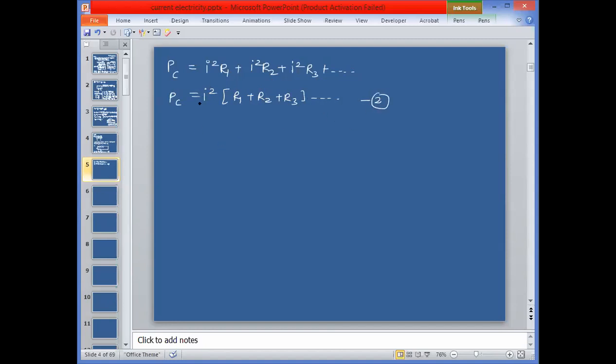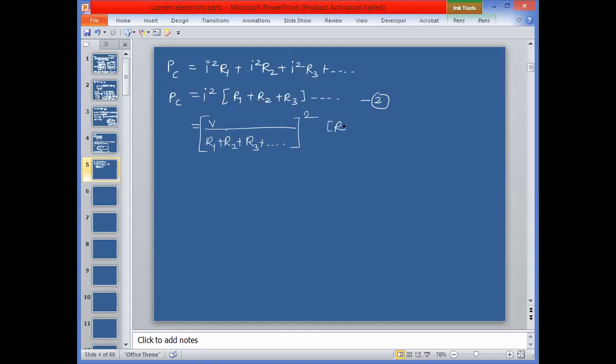Now my task is to replace this current and R1, R2, R3, because these are the variables which I have created. These variables have not been given in the question. This is the current which I have created. So I can write total current given by the battery is equal to potential difference of the battery divided by resistance experienced by the battery. Try to understand. Because all the resistances are in series, I can write current as potential difference upon resistance. But sir, current is to be squared.